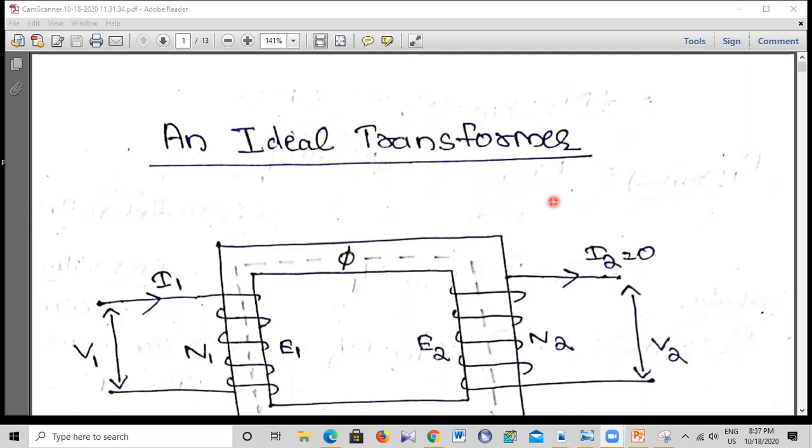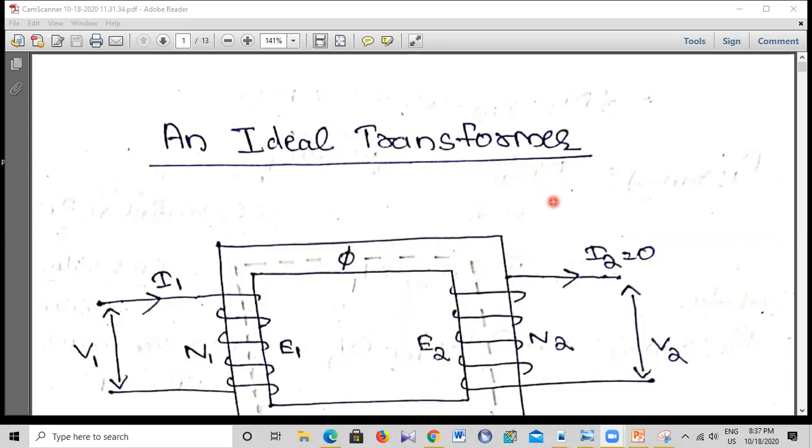So, the topic for discussion today is the ideal transformer. Sometimes we say it's an ideal transformer, but it's an imaginary condition. An ideal transformer is not possible. We have a practical transformer which has losses and other things. You might have understood that an ideal transformer is a lossless transformer, because whatever we give in the input, we get that much in the output. There are no losses.